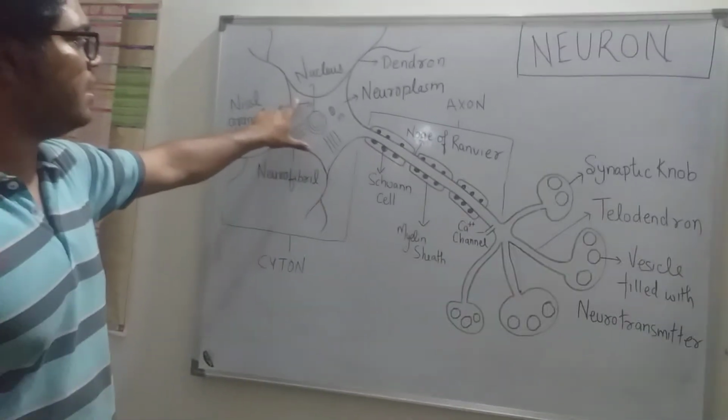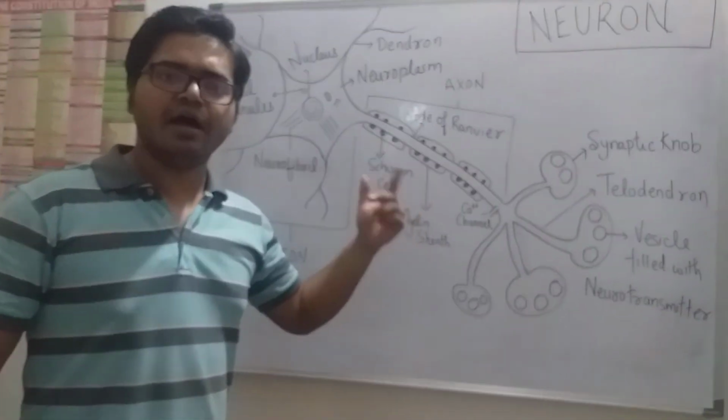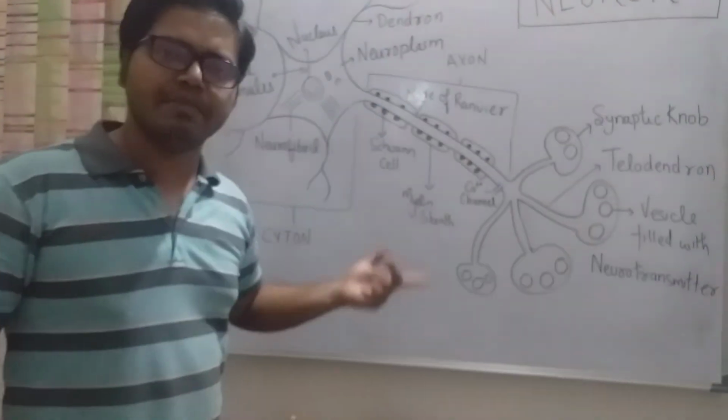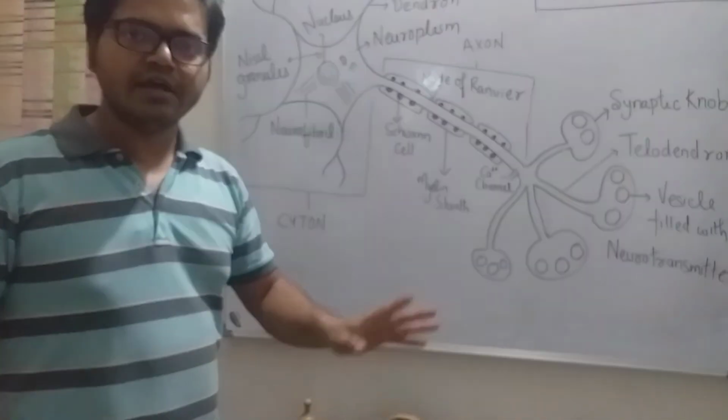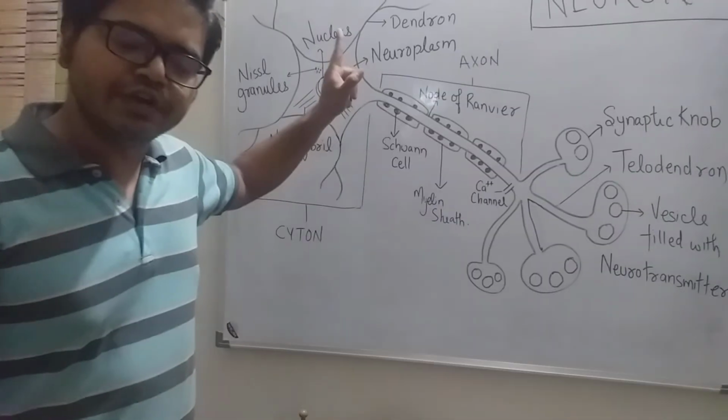Now, like a cell contains cytoplasm and the cell is covered by plasma membrane, we know that neuron is also a cell. In case of neuron,